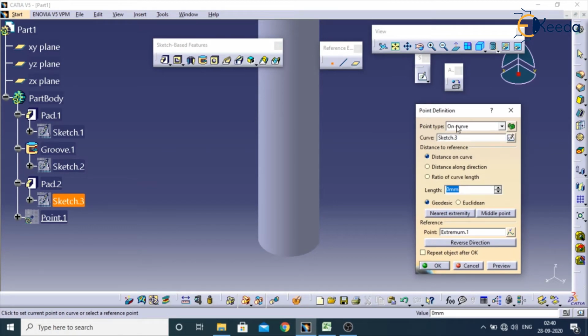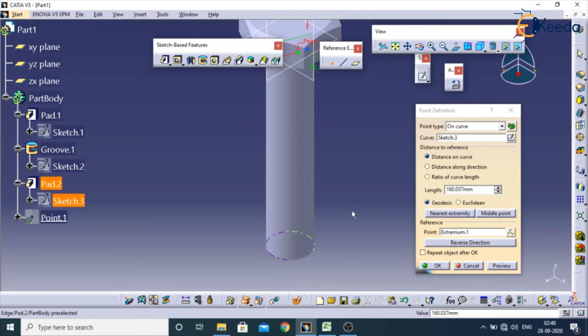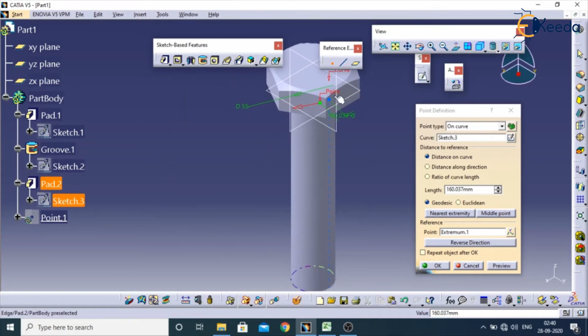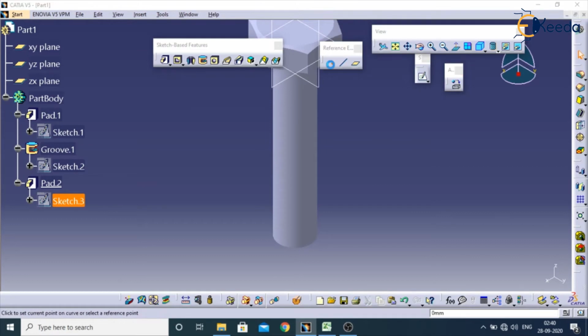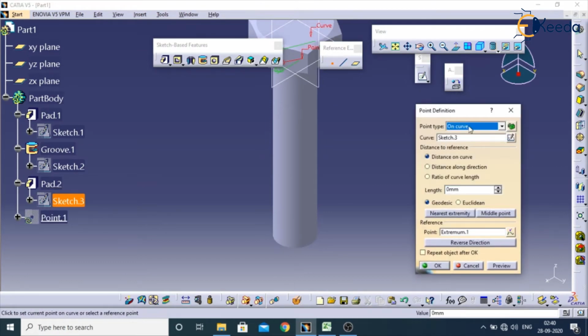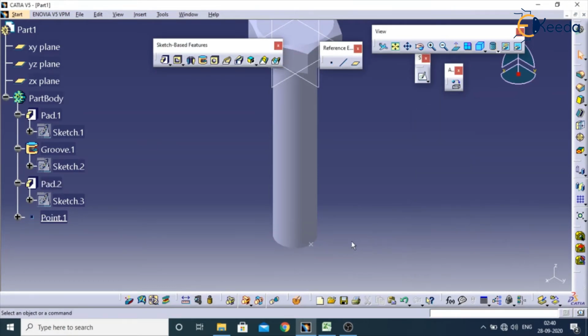The On curve option should be selected here and select this curve. So it is creating over here. We will cancel this. We will select once again. We will pick this curve and we will click over here, apply OK. So one point is created on this curve.